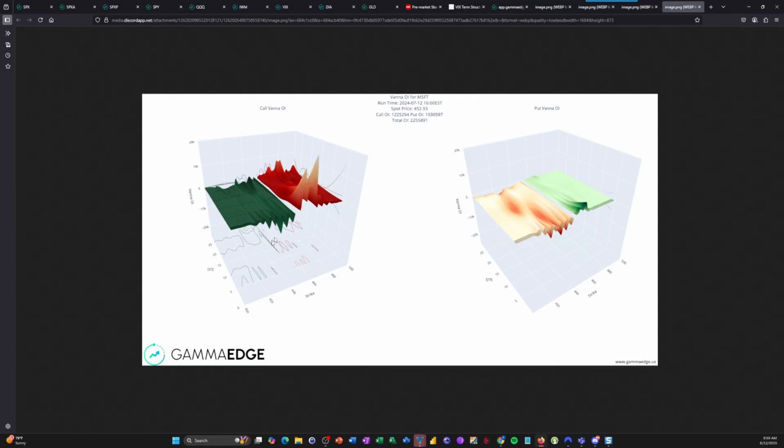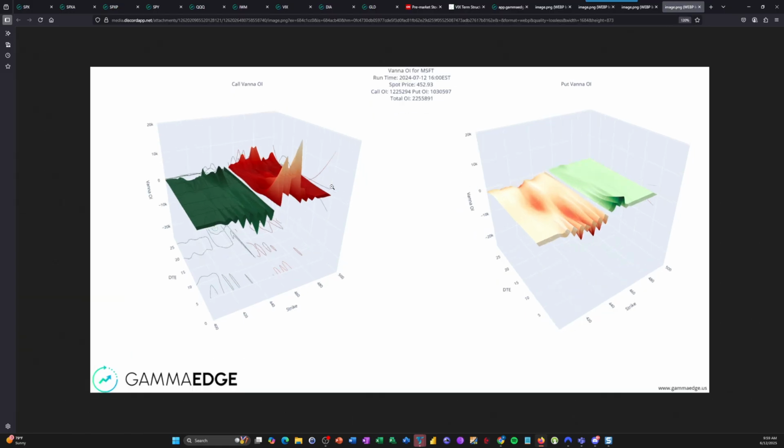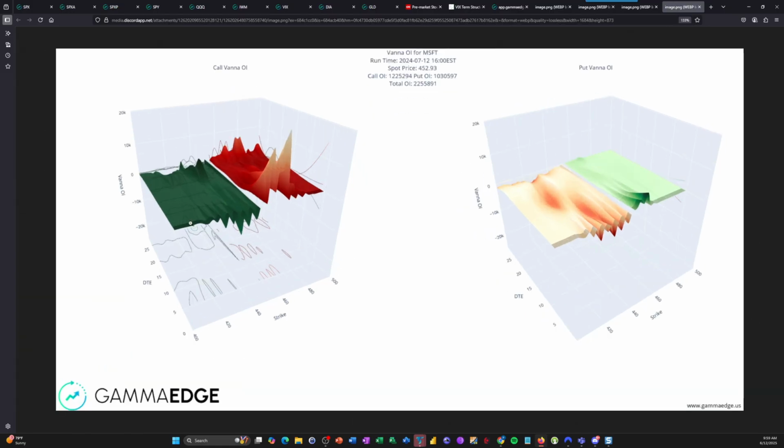And even sitting here on the day, on today, which is this leading edge that I'm pointing to right here. Let me make this a little bigger so you can see it. This leading edge that's sitting right here is the 0 DTE or the next DTE, depending on what you're looking at. For calls on this side, you can see call Vanna, OI. And then over here, we have puts. You have put Vanna, OI, right? And you can tell in this picture, when I ran this picture back in 24, we had call Vanna that was really, really contributory.